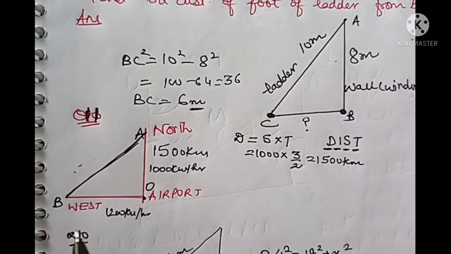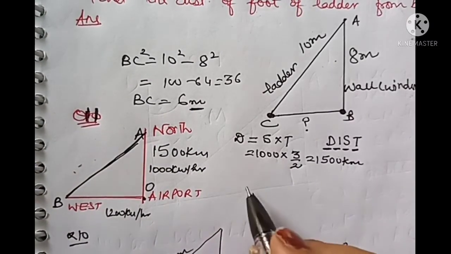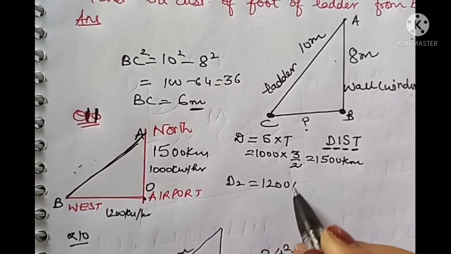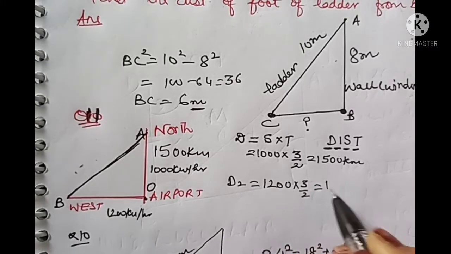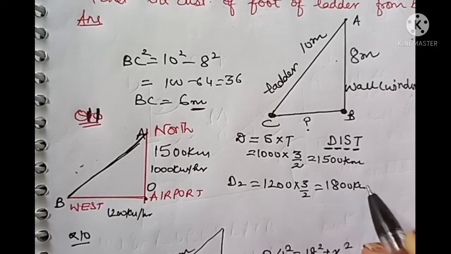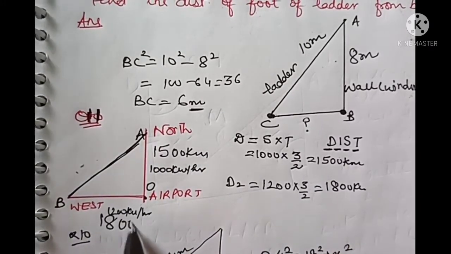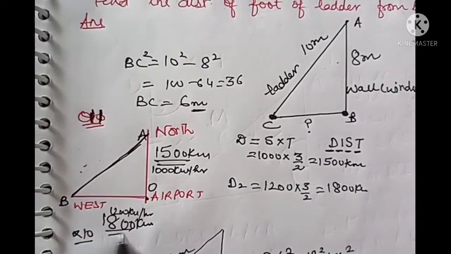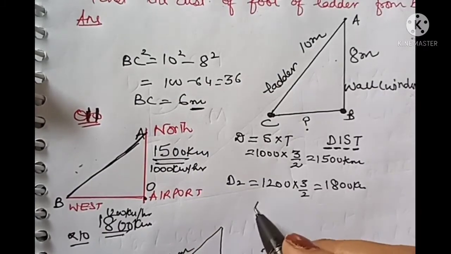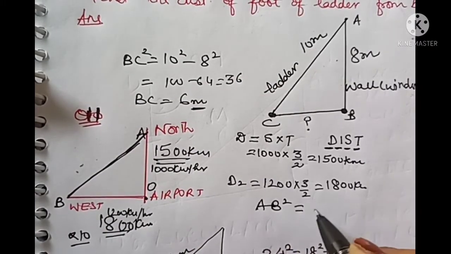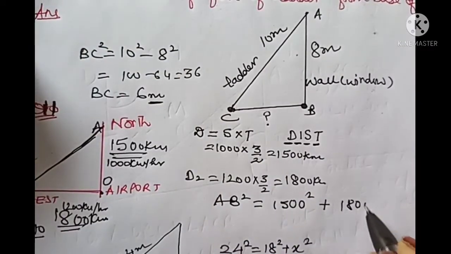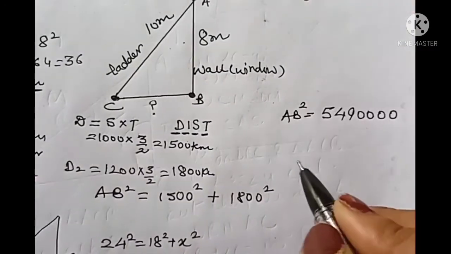And the distance covered by the other plane, distance 2, will be, speed is 1200 and time is same 3/2. So this gives me 1800 kilometers. So this distance is 1800 kilometers. And now Pythagoras theorem will be applied on these two. So my answer is going to be AB. So AB square is equal to 1500 square plus 1800 square. So this gives you